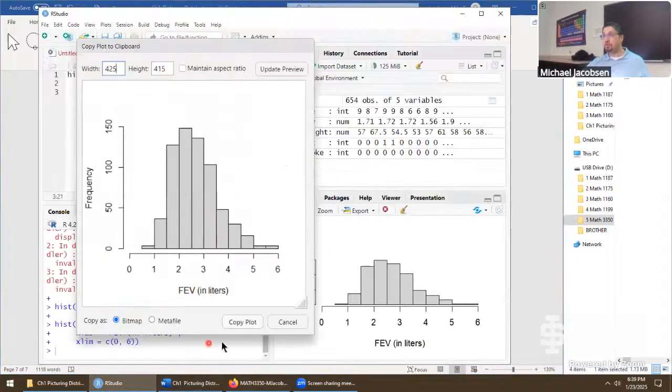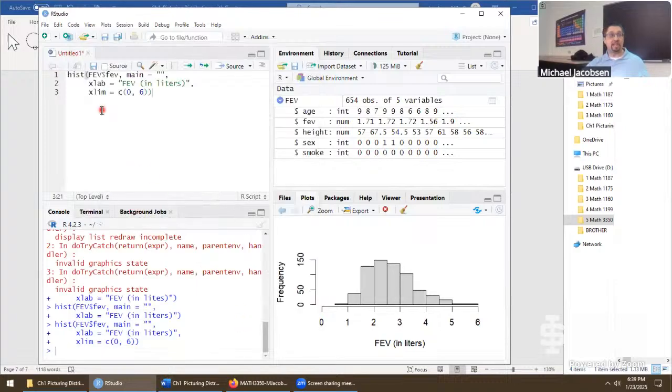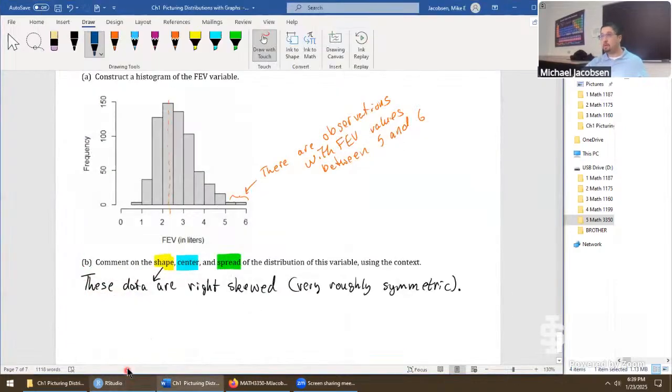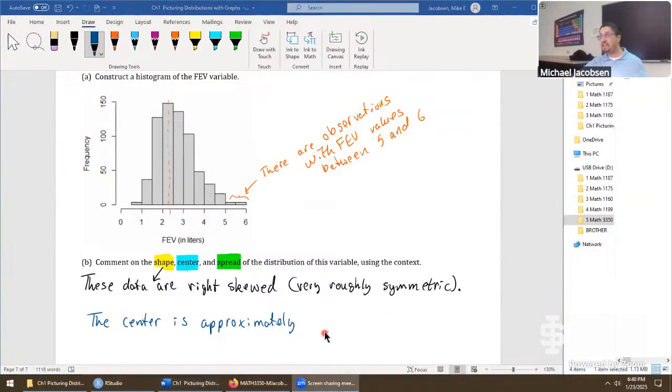Later on, we're going to make RStudio do the work for us and just calculate it. Calculate the sample mean, the sample standard deviation. But here, we're going to do this uncomfortable task of saying the center is approximately, and I'll leave this up to the class. It's open-ended in the sense that a lot of responses will get full credit if they're in the right ballpark. If they're too far away, then we could lose credit. For example, the center is not at 0. There's not even any data there. The center is nowhere in 5 and 6 because there's hardly any data there.